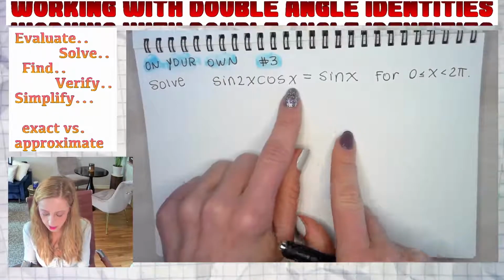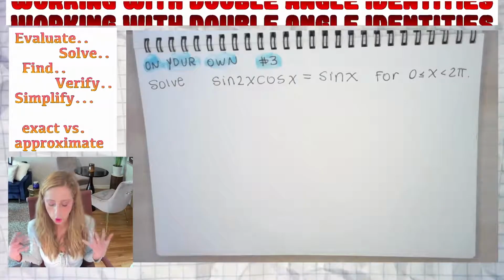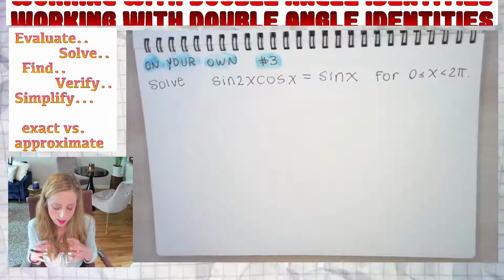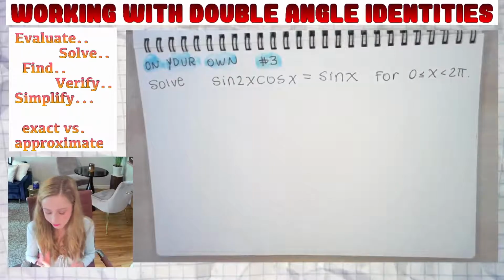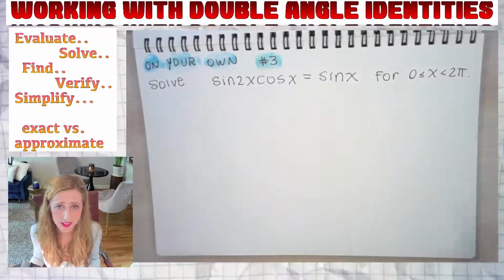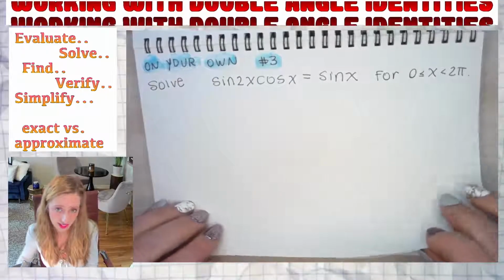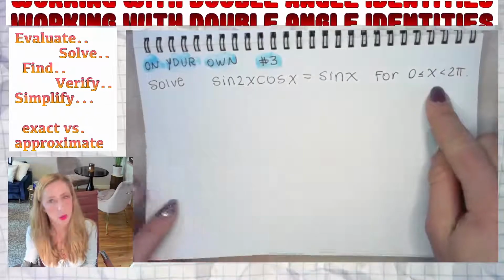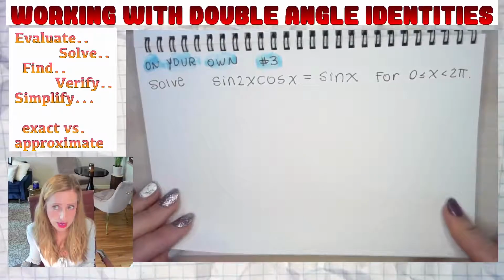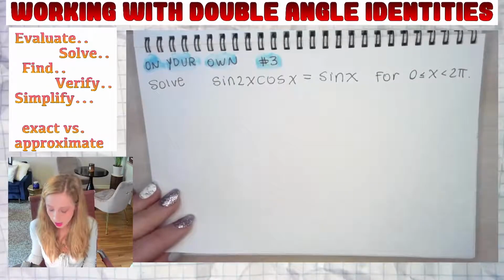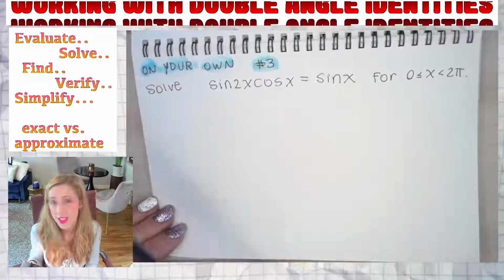Solve sine 2x cosine x equals sine x. Remember, I talked about that happy zero. We are going to want everything on one side. Remember, you can't combine things unless they're all x or they're all 2x, okay? And this is the double angle identity section. You're probably going to have to use the double angle identity. Factoring should be synonymous with solving, things like that. We're going between 0 and 2 pi. And this one, you should be able to have no problem finding exact answers. You don't need a calculator, okay? If you have to press pause, go ahead and do that. But honors students, yes, honors students have an